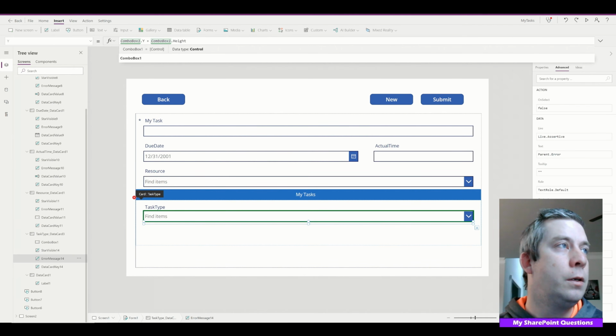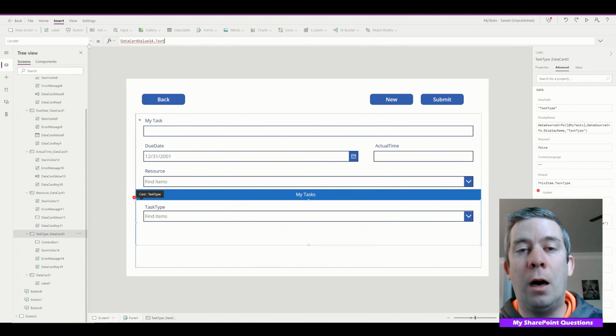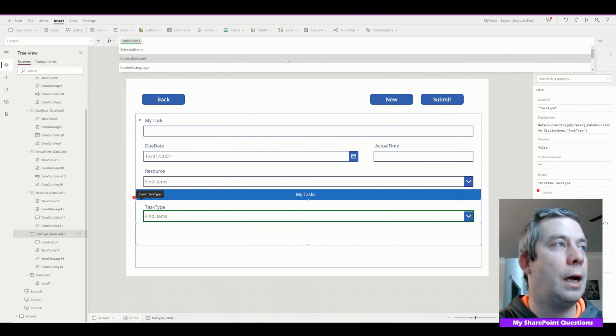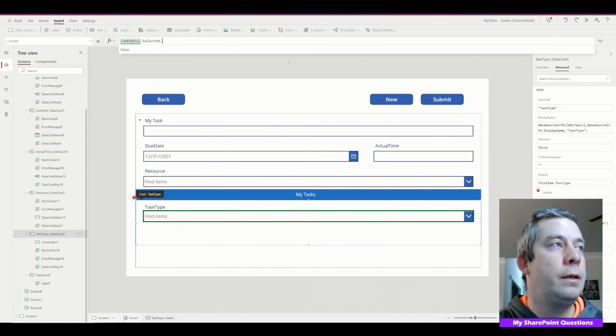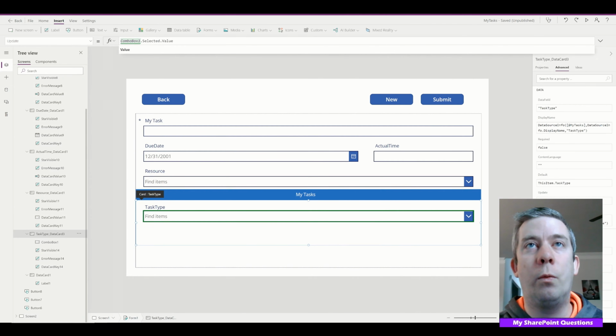All right. So now let's go to the next red X. The next red X is saying, hey, update is broken. I don't understand where the text is about right here because you deleted that text box. So once again, we're going to replace it with combo box dot selected dot value. All right, so now when we select it,